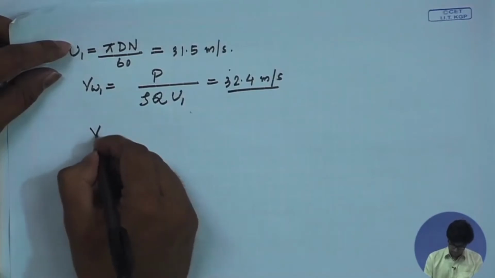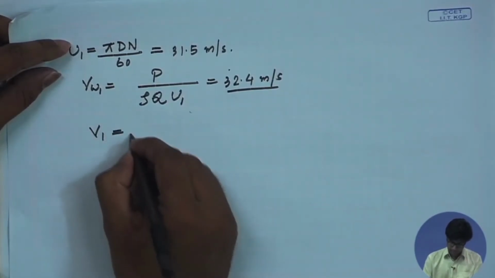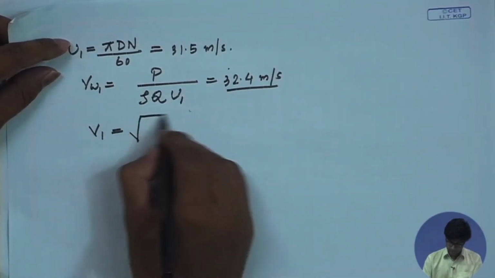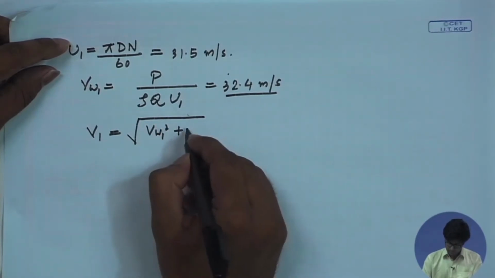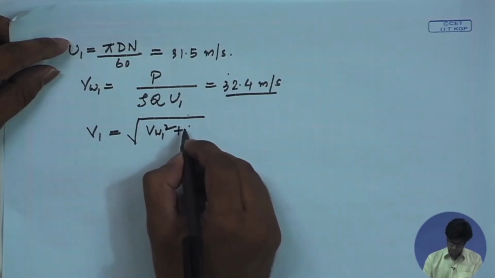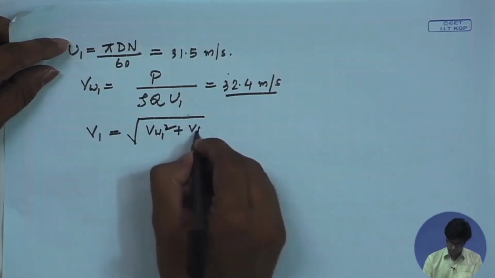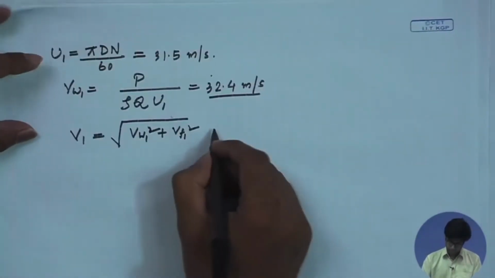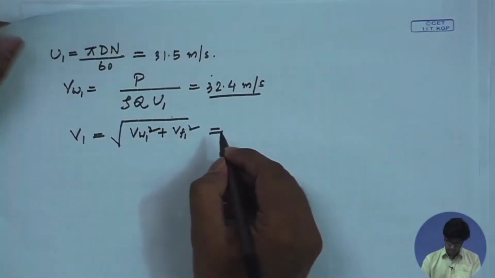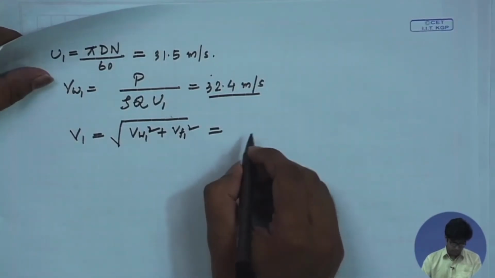So, finally, returning to the basic formula for the absolute velocity at the inlet, square root of VW1 square plus VF1 square. Substituting the values here, we ultimately get the absolute velocity at inlet as